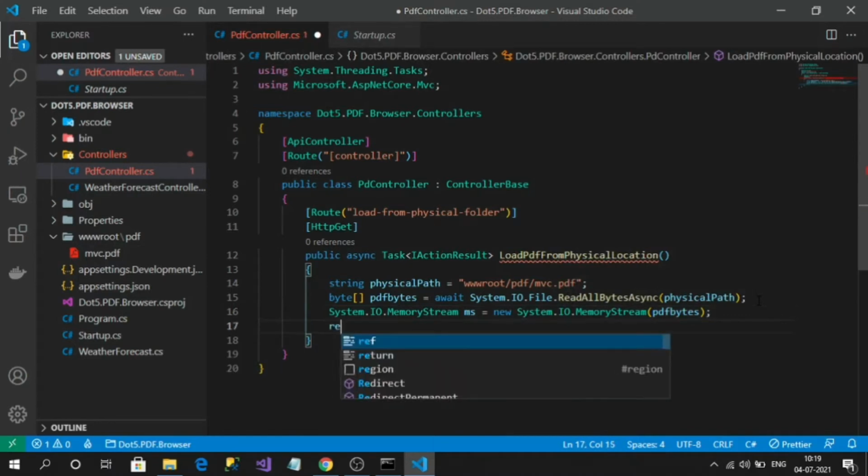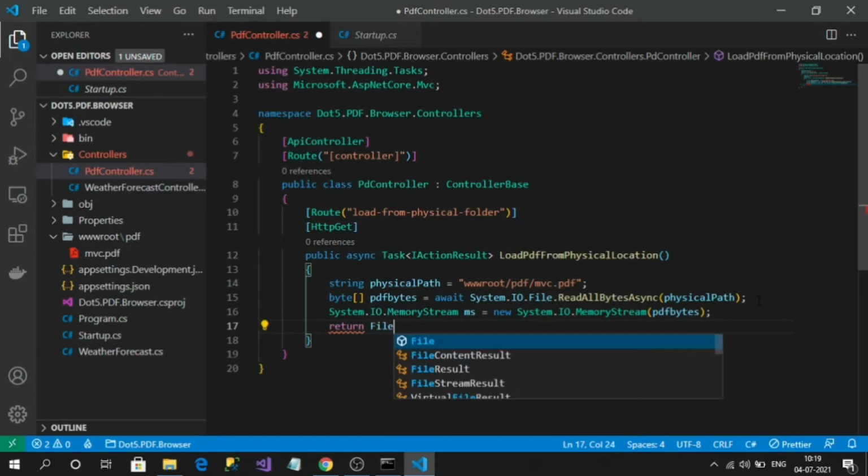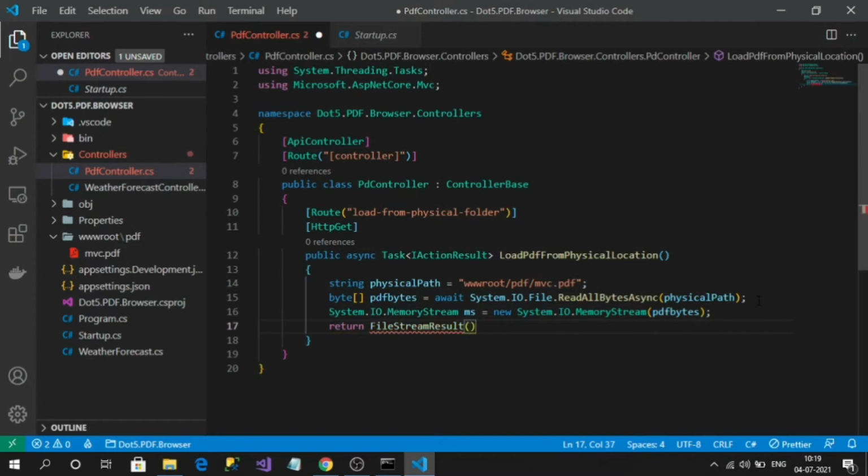Now for the return, Web API provides a return type for the file stream, which is FileStreamResult. Here it can accept the memory stream instance as well as the content type. It is a constructor, not a method, that we can use.